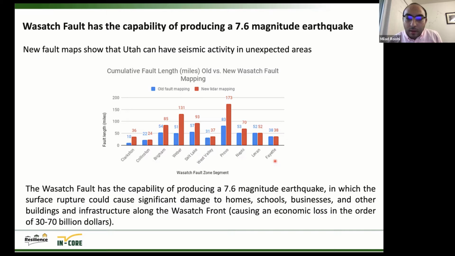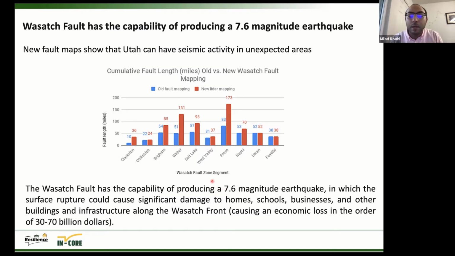It was understood, for example, that for Salt Lake the fault line was about 57 miles based on previous maps, but based on the new maps, we see that the lines are longer compared to previous maps. And the Wasatch Fault has the capability to produce earthquakes in the order of 7.6 magnitude,